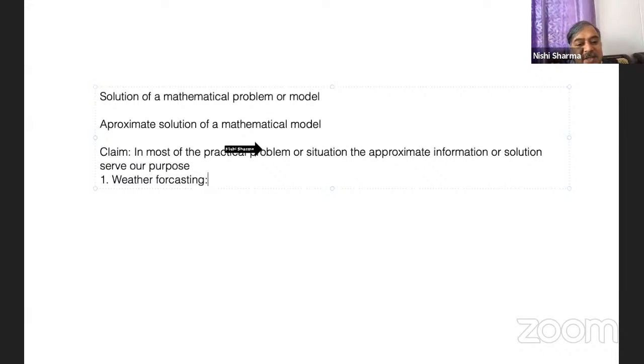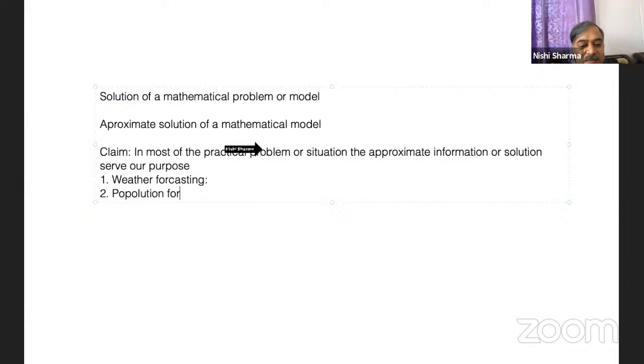This information is sufficient rather than how much rain exactly would be. Number two, if you observe in the western countries where the sun rarely shines, the information whether it would be a sunny day or a non-sunny day is very useful for them. Am I right? In population forecasting,